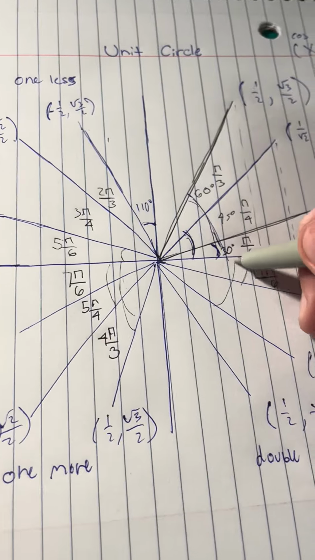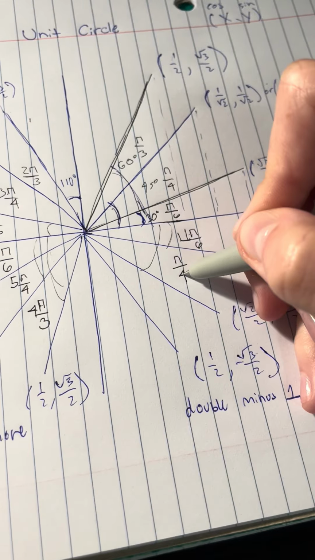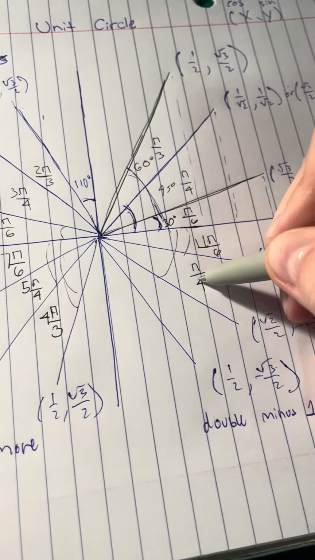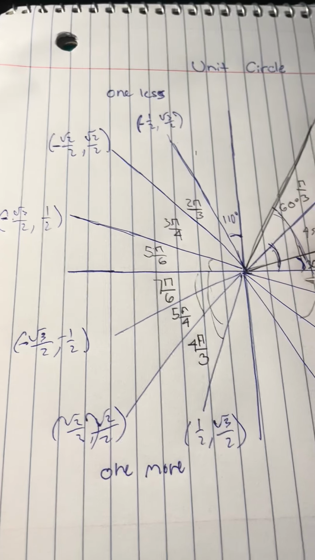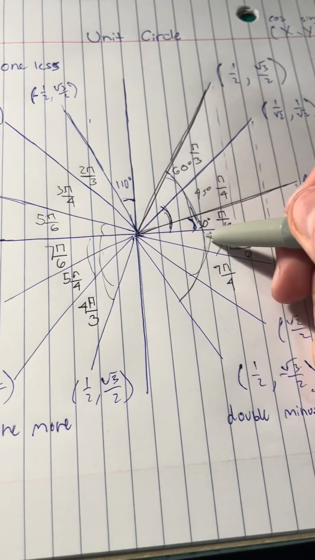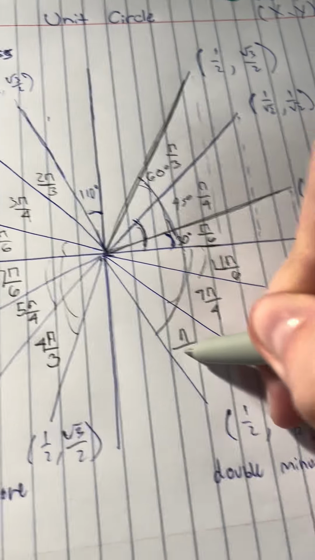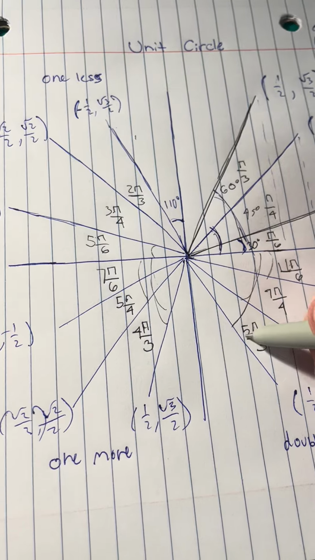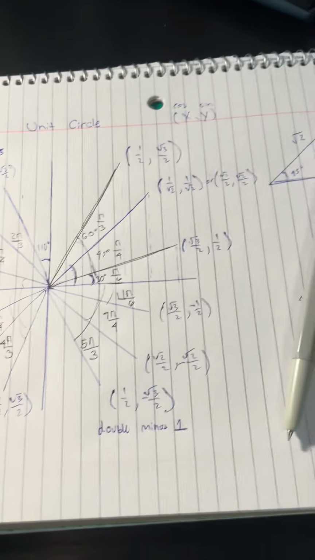Now this, 45 degrees, goes with the 4. 4 times 2 is 8, minus 1 is 7 pi over 4. Same thing here, this is the 60 degrees, so 6 goes with 3. 3 times 2 is 6, minus 1 is 5 pi over 3. And if you want to check